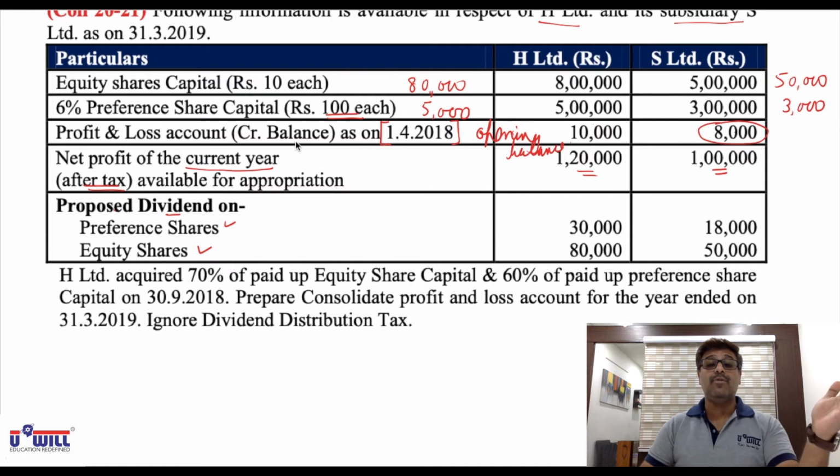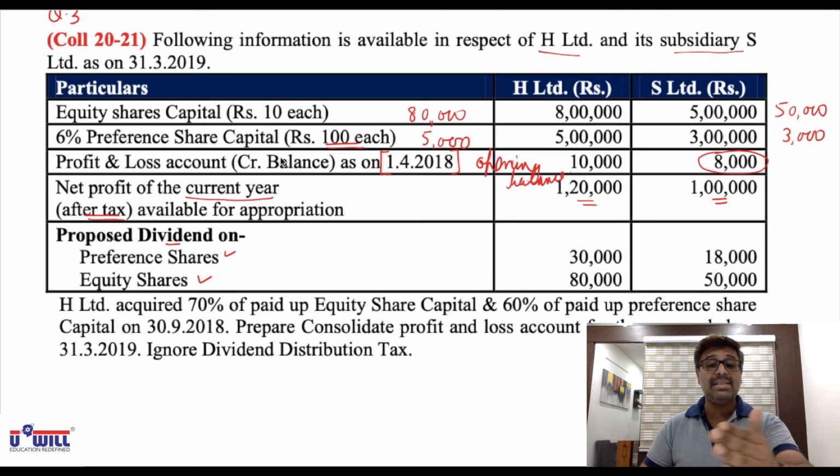Because you are not given revenue from operations, other incomes, cost of material, direct purchase, change in inventories, employee benefit, finance cost, depreciation, other expenses. These items are not given in this question. So the entire P&L statement is not to be made. Only that last part of the P&L statement is to be made, where we find the profit to be transferred to consolidated balance sheet. Only that much is to be done. It means even notes will not come. Directly the working will come, and then directly that last part of the P&L statement will come. Even notes are not to be made because there are no items of the P&L statement.